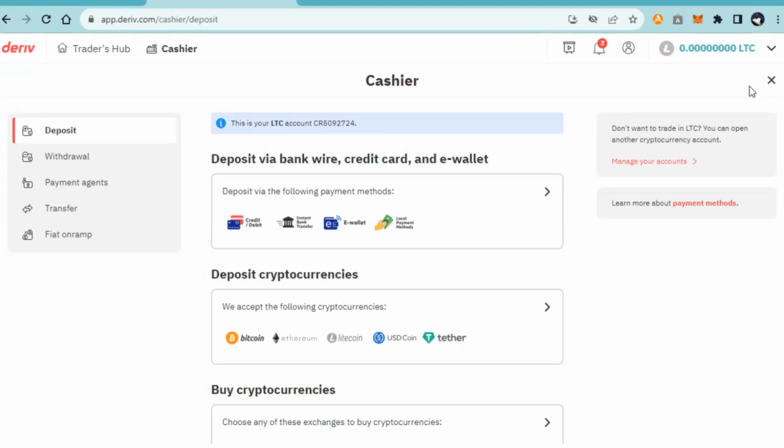All right, so this is how the cashier looks. You see the deposit at the top here. There you see withdrawal, payment agent, transfer, or fiat via unwrap. What that means is you can actually use your sovereign currency, that's the country's currency, to deposit as well, but that does not work in my country, so I use